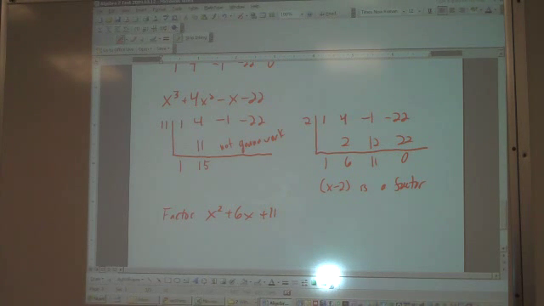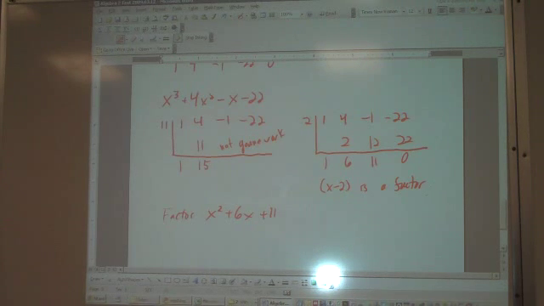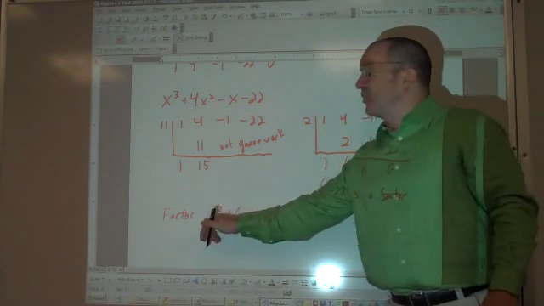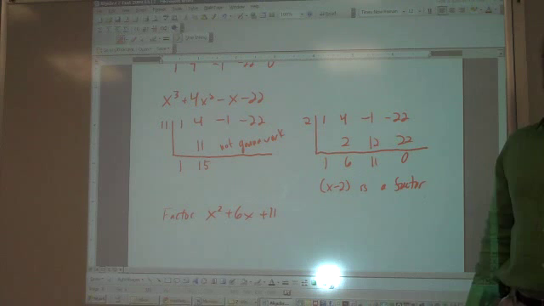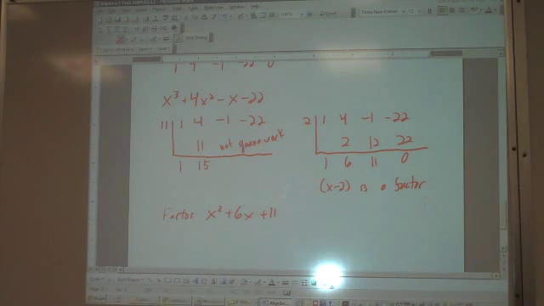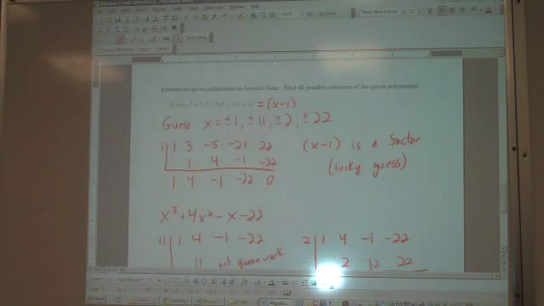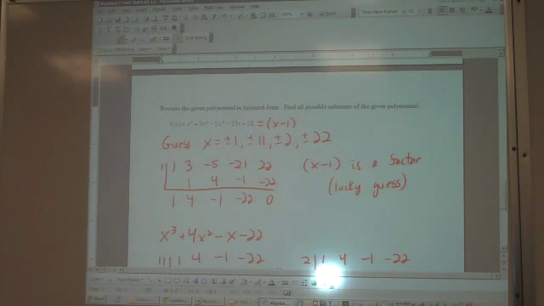Here's the thing. The people who found the solutions on this test, as I recall, had a lot more work. Because at this point, if the directions had been to find all the solutions, you would have had to pull out the quadratic formula on this. And that might have involved i, it might have involved all sorts of things. Whereas if you recognize that the directions meant to factor, then all you had to do was go back up here and write equals x minus 1, because 1 worked, x minus 2, because 2 worked,